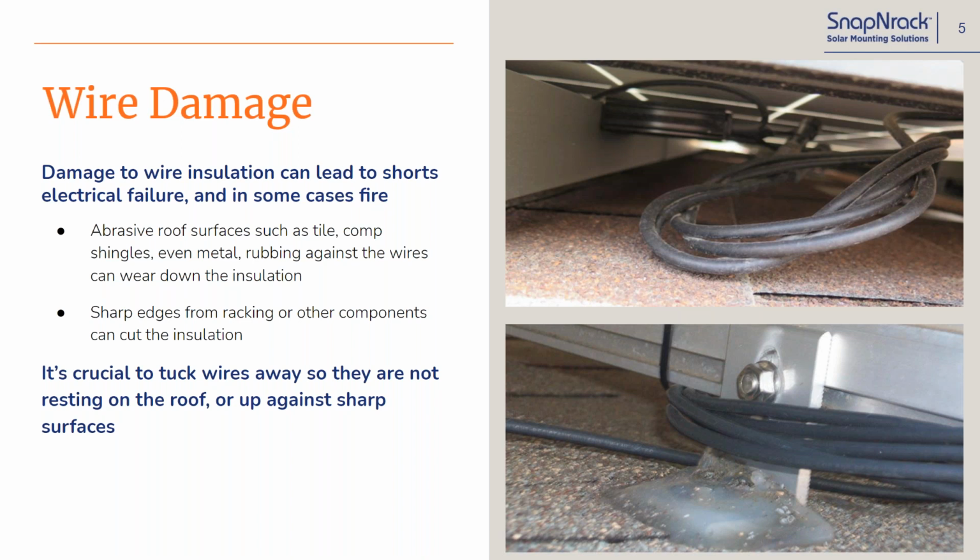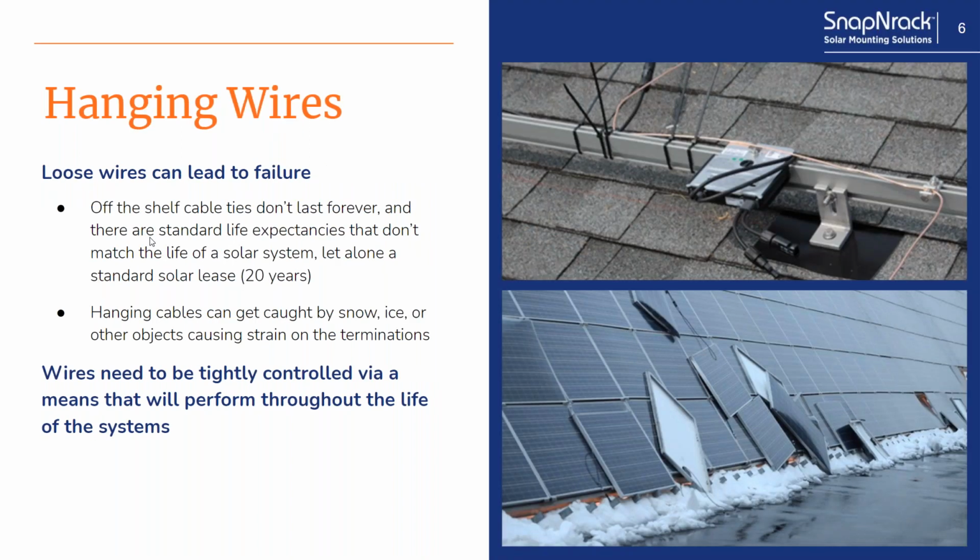So it's really crucial to make sure, whether you're using the module frame or a rail system for racking, you have a place where you can effectively tuck away cables and wires, and they're going to stay there for the life of the system. Absolutely. Back in my day, I used to have a pretty strict policy that there should be basically no wires visible under the racking. Admittedly, that's a little tougher with railless, but it's just a good strict policy.